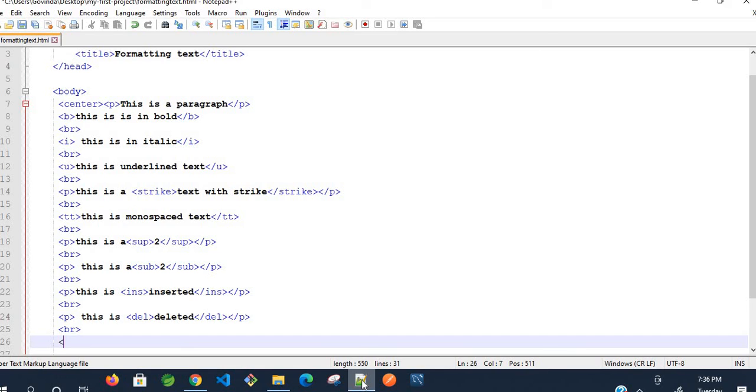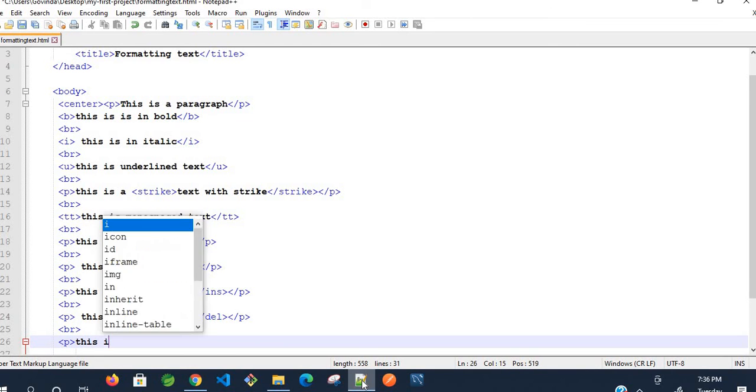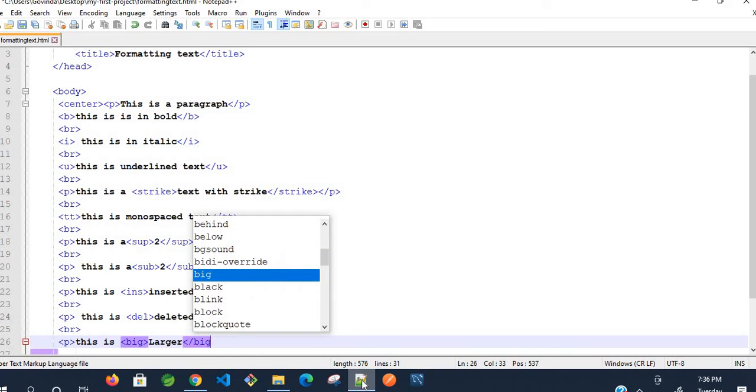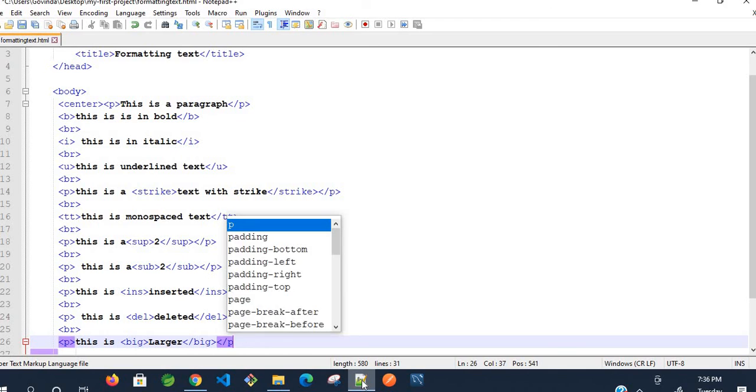So that I have to use this is. Okay, now here I am going to use big. Okay, here larger, I want to do larger. Okay, then close the big tag, close the paragraph tag.